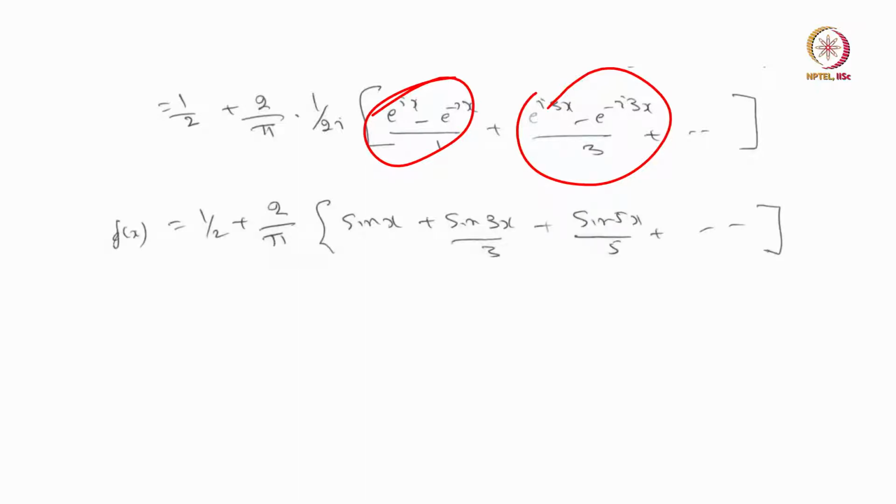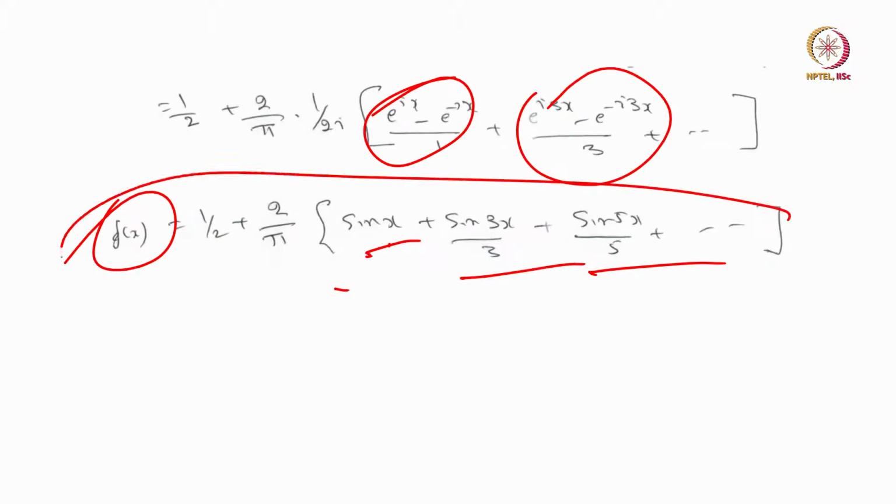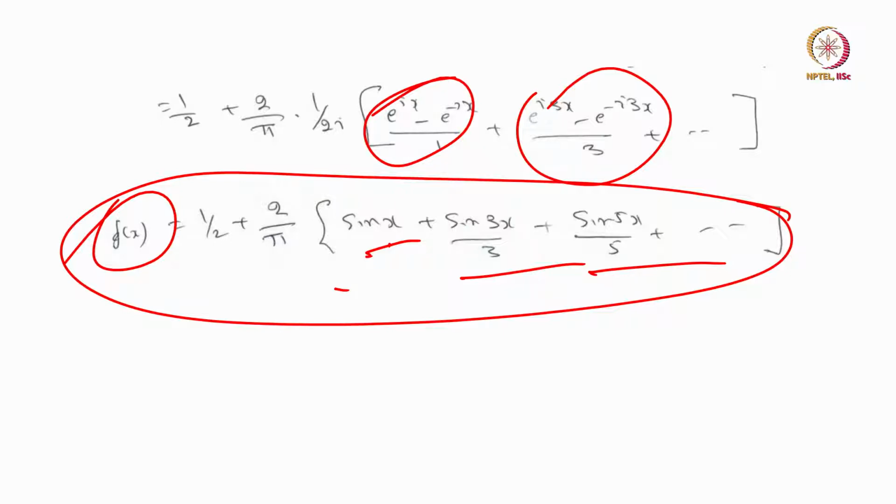If you combine them, this turns out to be, remember in the very first lecture I showed you how you express sine and cosine in terms of exponential functions. This is nothing but sin x, sin 3x by 3, sin 5x by 5, etc. It is a series like this. So, the f(x), when you express the square wave in the form of a complex series, can be written like this. So, this is a simple complex form of the square wave, solving the square wave using the complex form of the Fourier series.